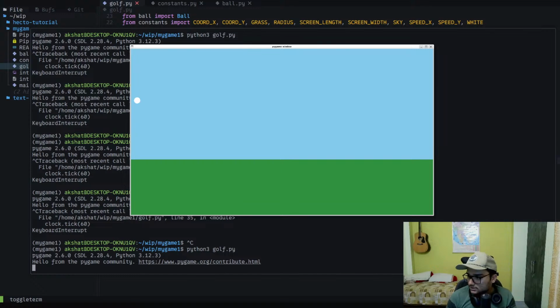Now we don't need to do this actually. I mean, this is not real. A normal ball in real life doesn't do that. So what we'll do is,